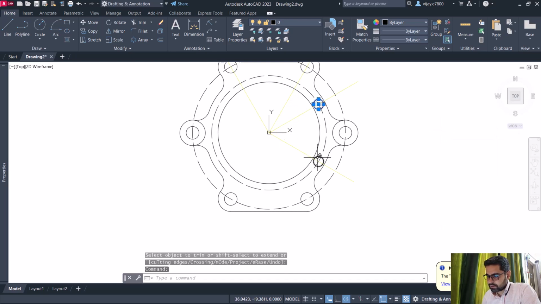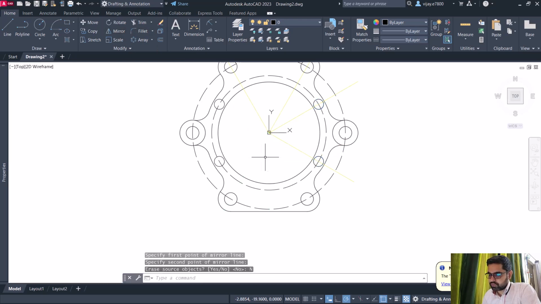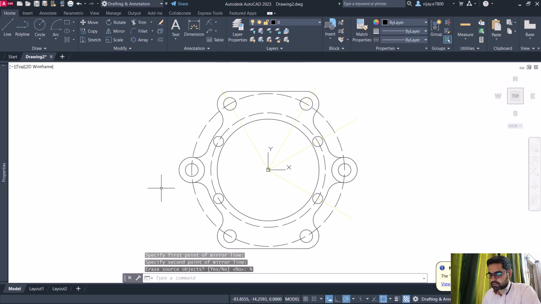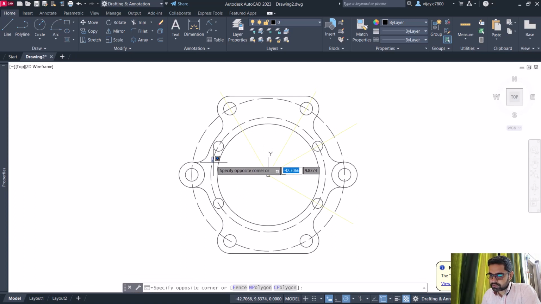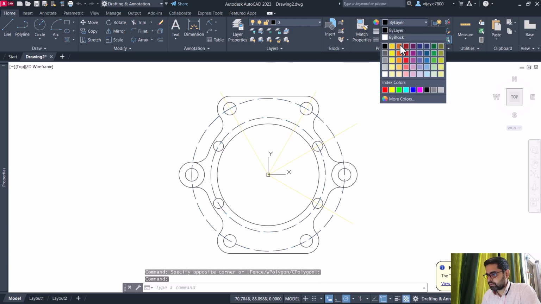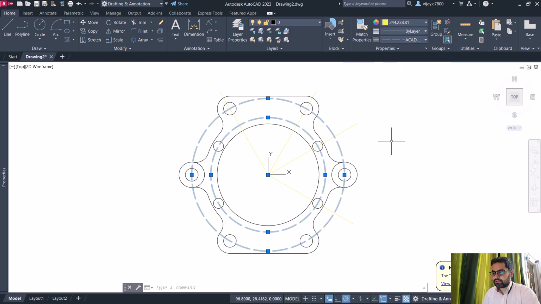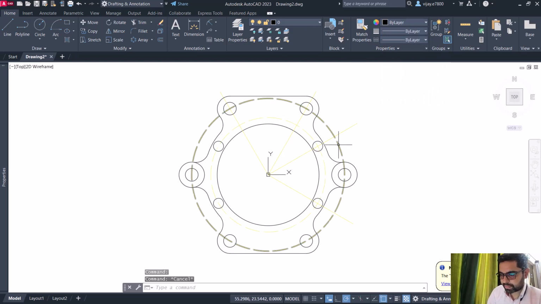Now select this one and this one, and we are going to use the mirror command for replicating this, and do not erase the source object. So I hope all the circles are there and we are done with all of them. Radius 10, then all the angles. Now these 2 circles simply represent the dimension. So again we are going to change their color so that they do not interfere with the actual image, and then press escape. Now what we can do is place the